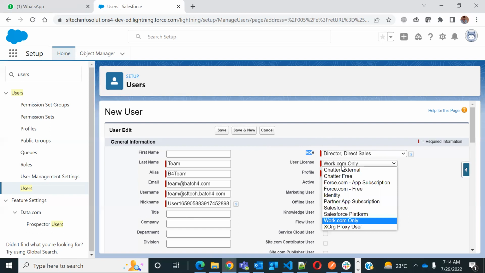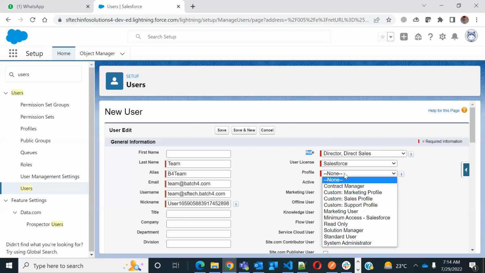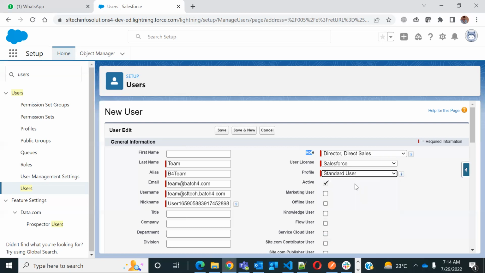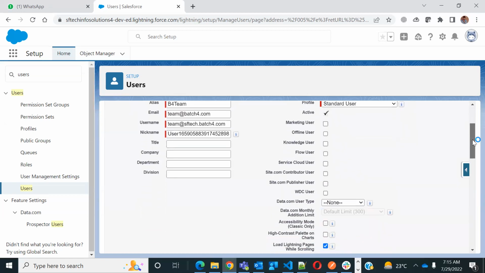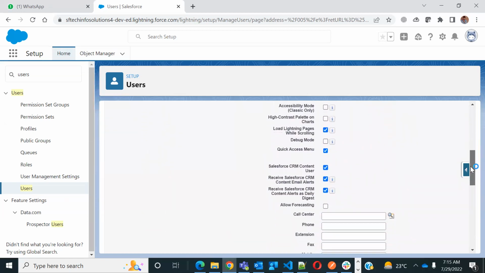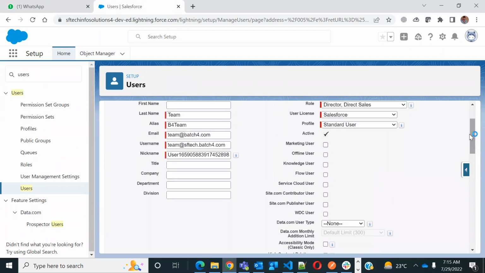Okay, in the user licenses, I'm selecting a Salesforce license for now. And the profiles, you can select any profile. I'm selecting a standard user profile. Okay, and you can see this is an activate checkbox. And here you see a couple of checkboxes. These checkboxes are called